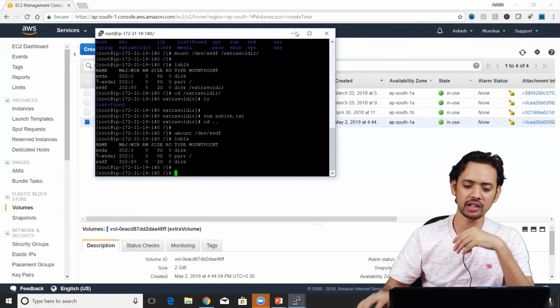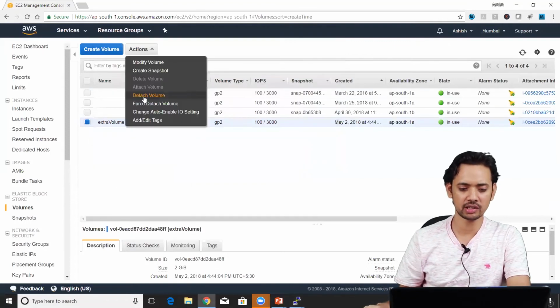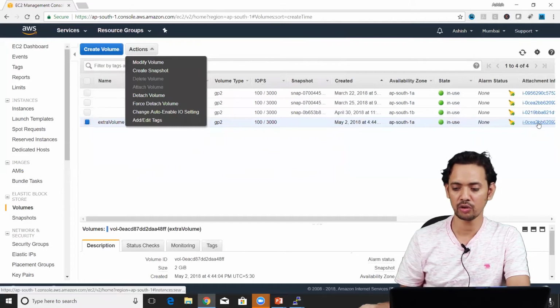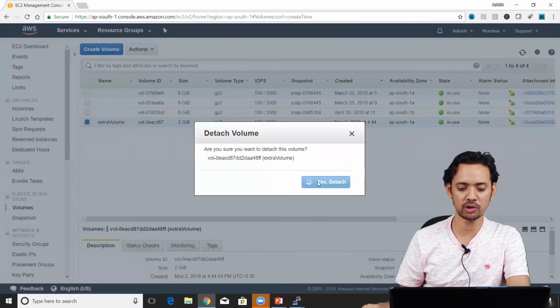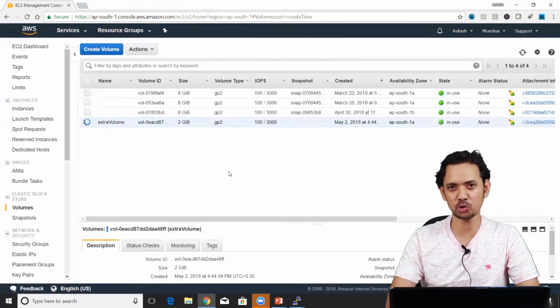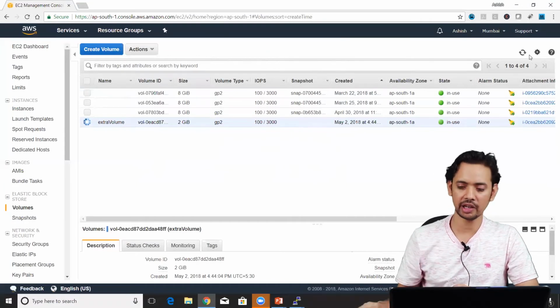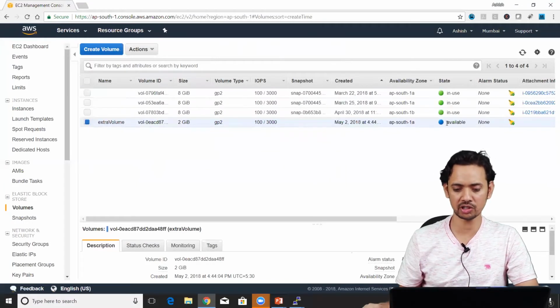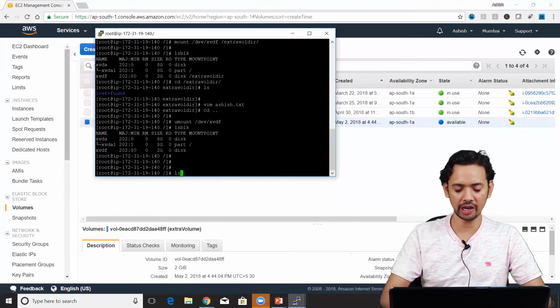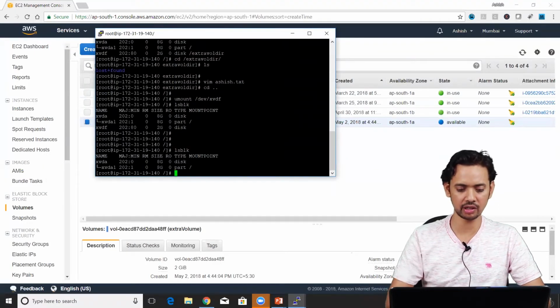So we have unmounted it, now we can detach it. Action, and then Detach volume. Remember, before detaching, it's showing In use with what? With this particular EC2 instance. Now I'm going to detach this volume. It is getting detached from the EC2 instance. Again, it will take some time, not much. So here you can see now this is available, and here if you do lsblk once again, you'll see that